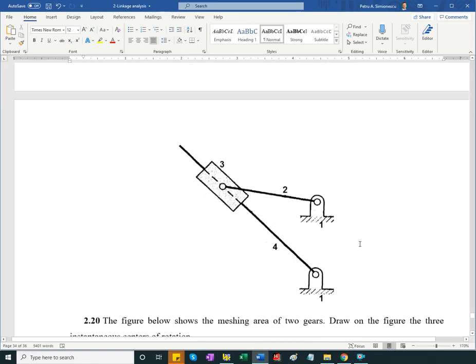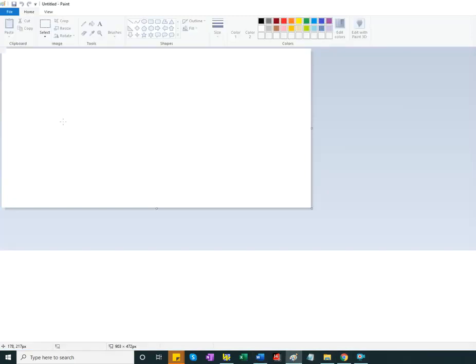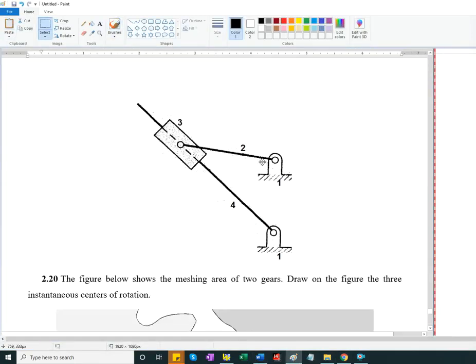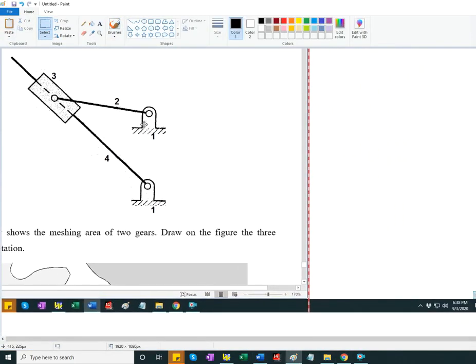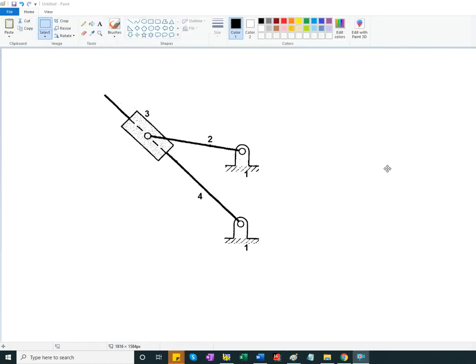Okay, some instant center examples. So let's look at this one. I could do just this, or I'm going to take a screenshot. I'll go to Paint, and let me pause this. Alright, so I paused the recording, and we're going to look at